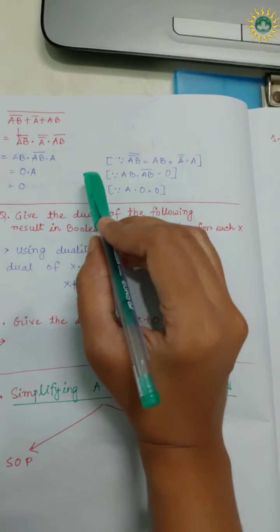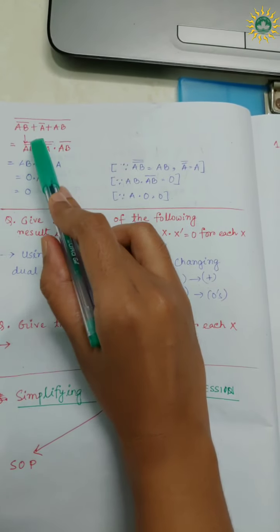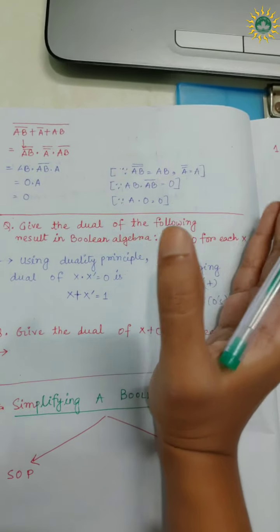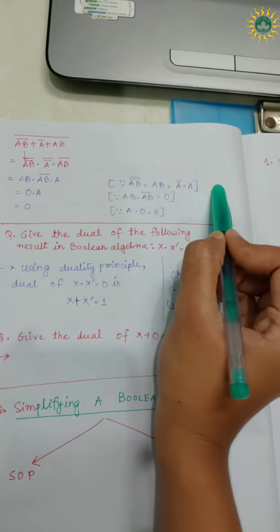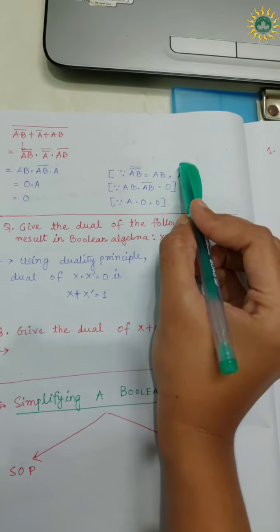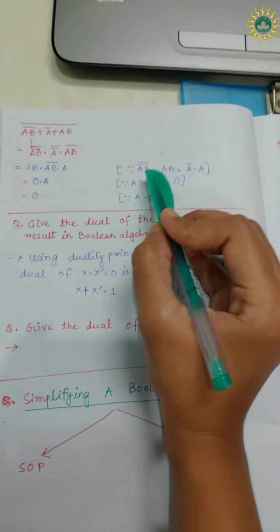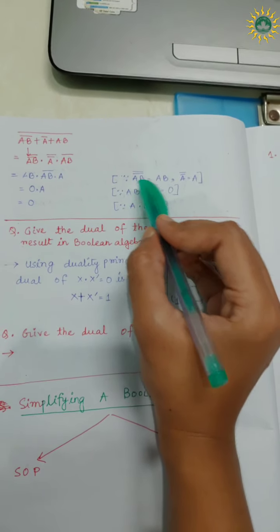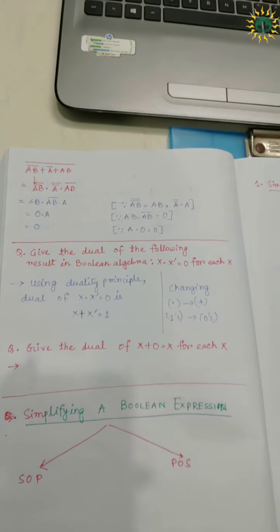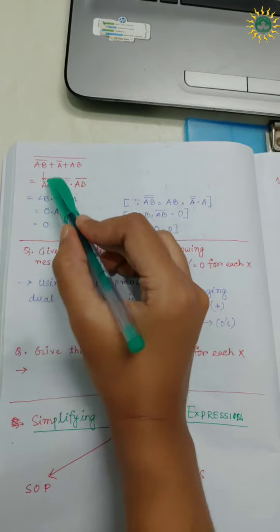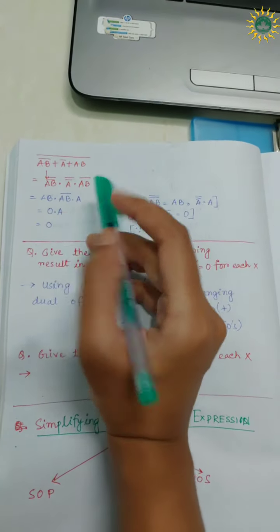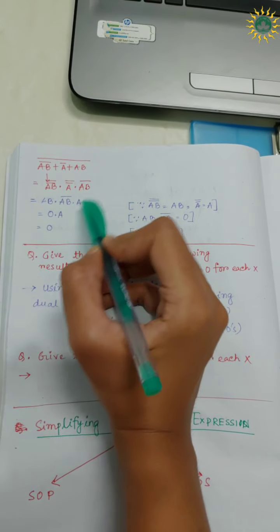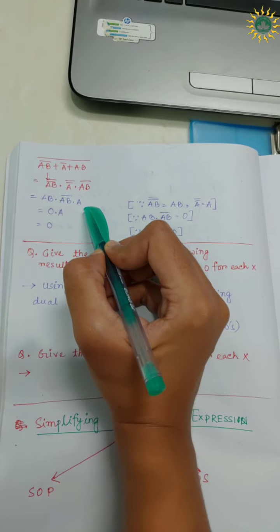So we are applying the law AB double bar, which is, if you have a double complement or double bar, that gives you the normal one. If you have double complement of A, that gives you A. If you have double complement of AB, that gives you normal AB. So from this one we are getting AB. From the last one we are just keeping it that way, that is AB bar, and this one also had two complements on it, that's why we are getting A from it.